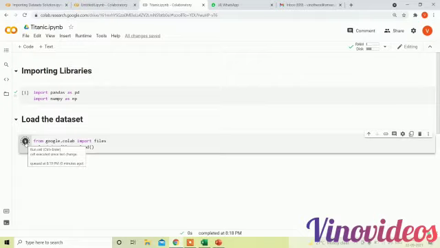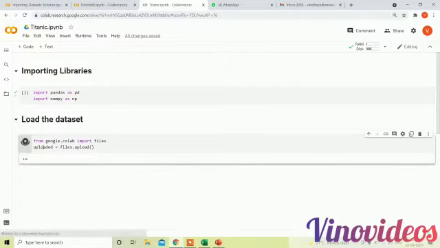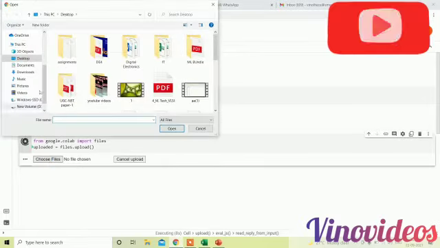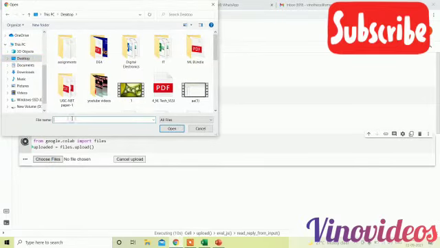If it shows any error, we need to correct that. This is the code which is used to upload the file. It has the options Choose file and Cancel upload. So just click Choose file.